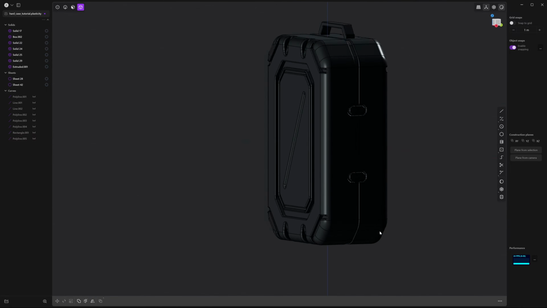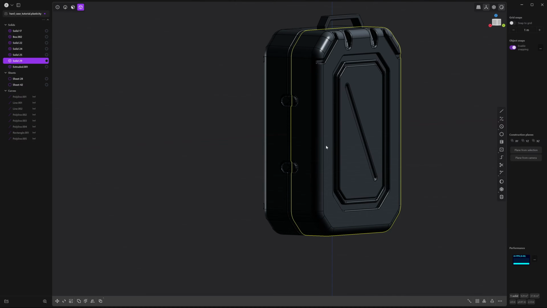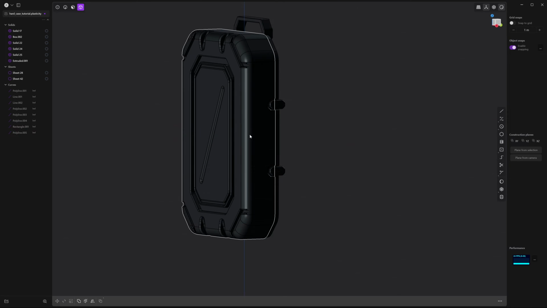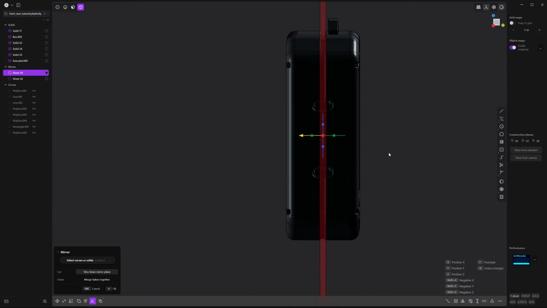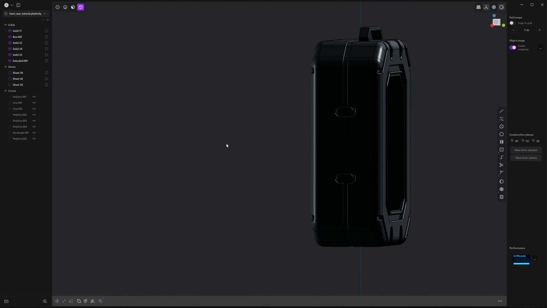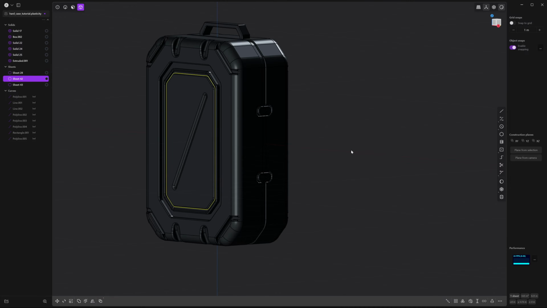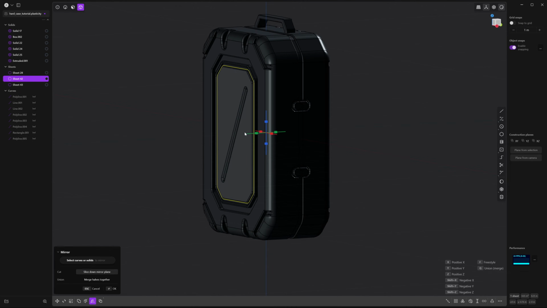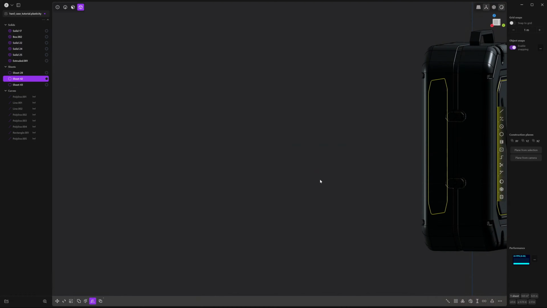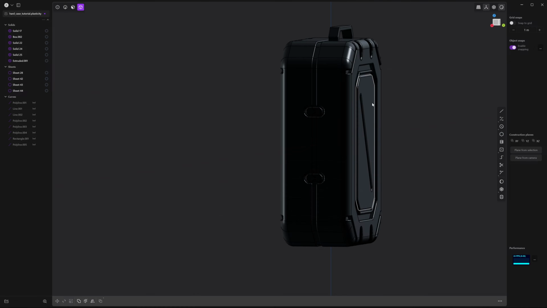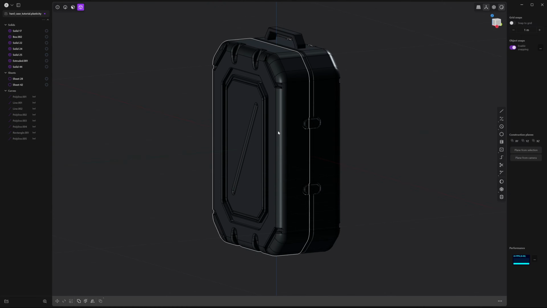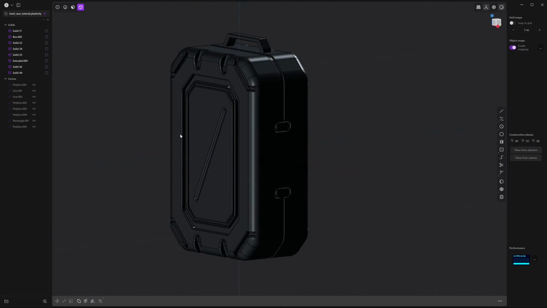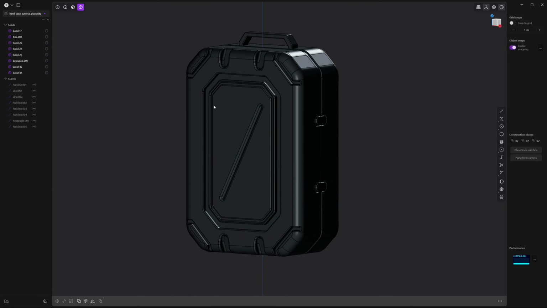Right-click to accept that. And let's just go ahead and delete this back one, because we can just mirror this one backwards. So press Alt-X, mirrored on this green axis, and right-click to accept. Now you have to mirror this one over too, so select that one, Alt-X, mirror on this green axis, right-click to accept. And they're separate now, so let's just select both these bodies, press J to join them, and do the same thing for the front. Select front face, second, and J to join. So now you have a little bit more detail on top and bottom.